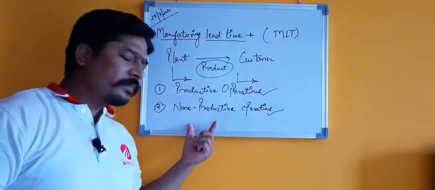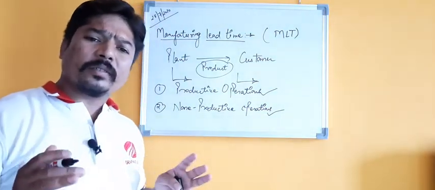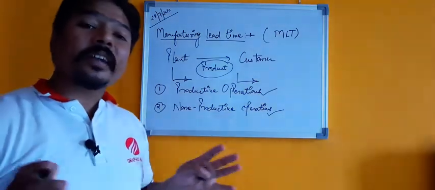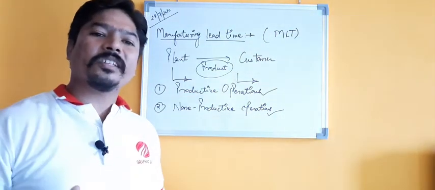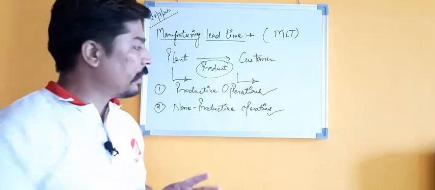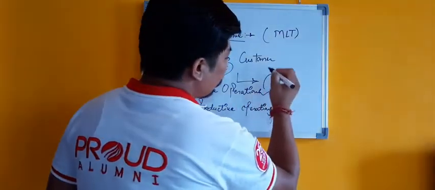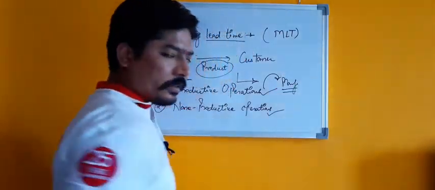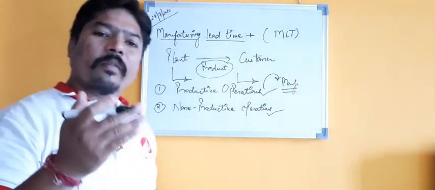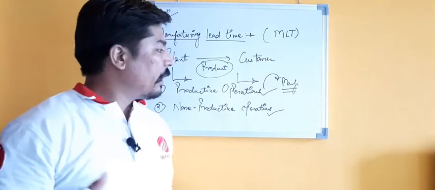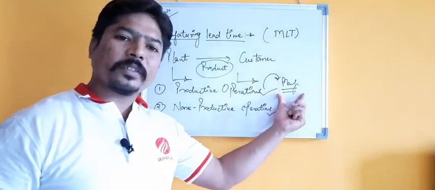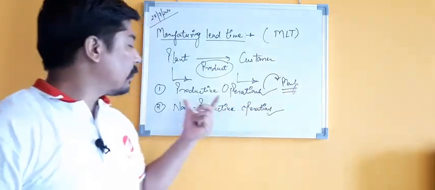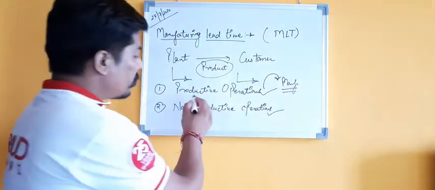There are a number of procedures which happen in any factory or in any plant. Productive operations means those which are directly associated with the manufacturing of that particular component or part. For example, the different manufacturing operations we are working on with that particular component, the different set of manufacturing operations which happen on that particular part or component, will come under the category of productive operations.